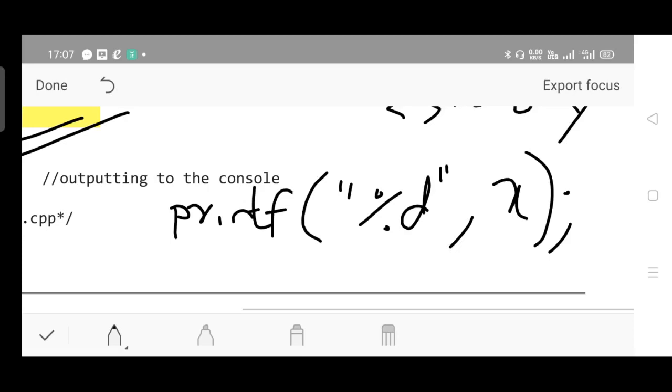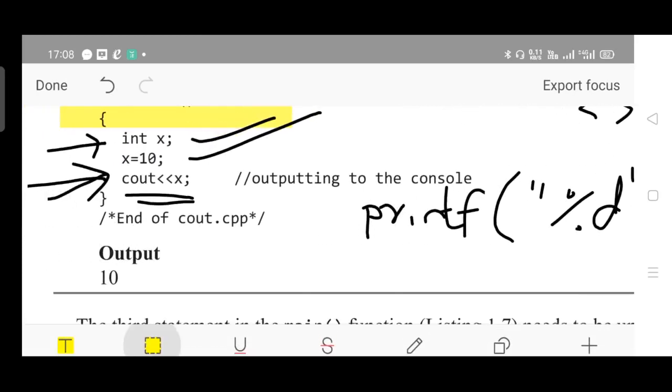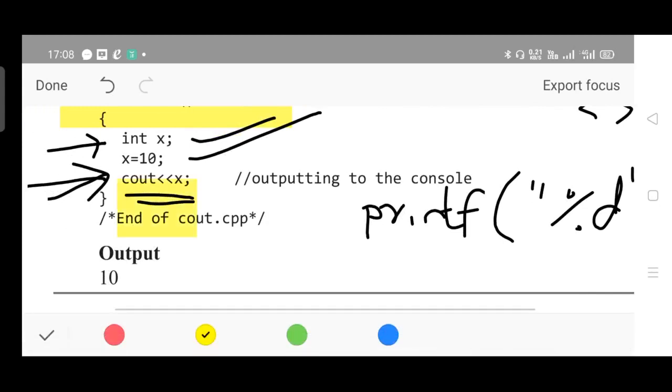So I am writing the equivalent statement in C for the statement underlined, that is cout x. What is the meaning of it? It means you are going to display the value of X.